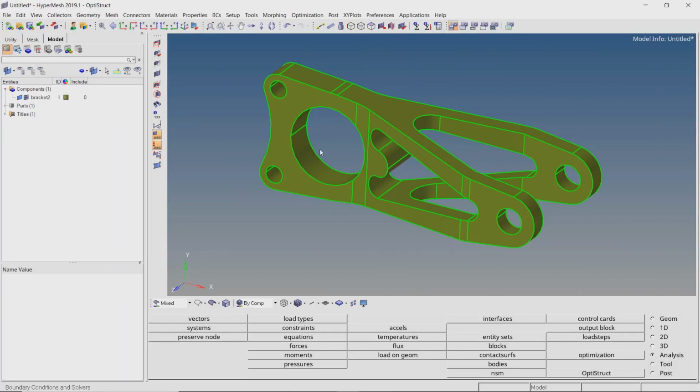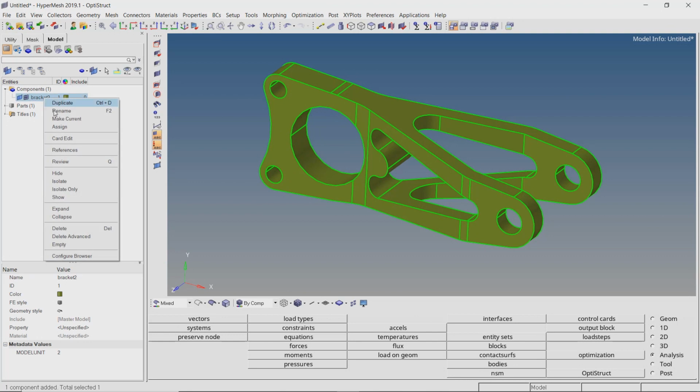This type of analysis is performed to calculate the natural frequencies of vibration or modes of vibration of any given component to avoid resonance condition during dynamic operation. Let's take a look into the actual process of setting up a modal analysis using Hypermesh. We will run our analysis on this bracket.